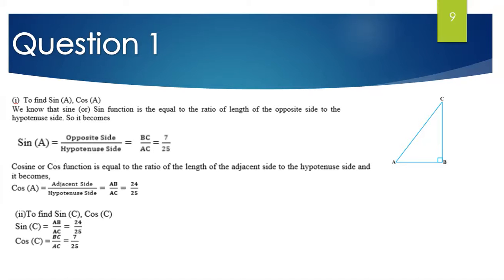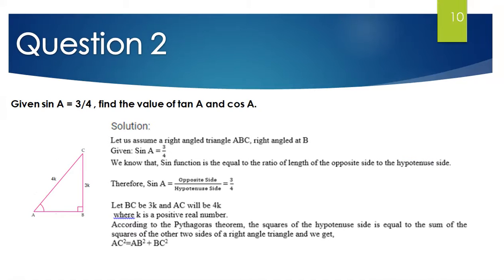So next we move to another question. I am given sin A. Sin A is 3 by 4. I have to find the value of tan A and cos A. Now see, sin A is given in terms of a ratio, 3 by 4. I can say this is also equal to 6 by 8. So don't think that 3 is the length of the side. Actually you are given a ratio. So when we take the length of the side, we will take 3k and 4k.